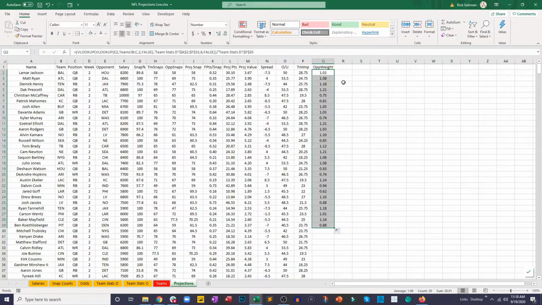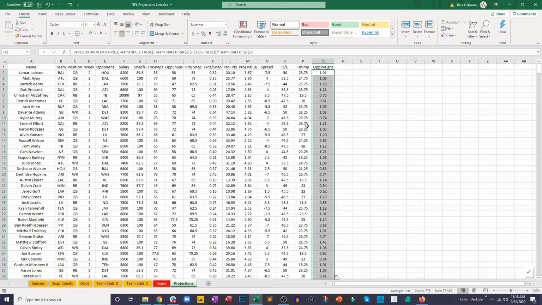7.75 means 75% of the league average, so 25% less. They're going to be a bit drastic early in the season. As the season goes on, you're not going to see necessarily big swings, 25% over league average, 25% below league average. So these numbers will level themselves off. But what you can do